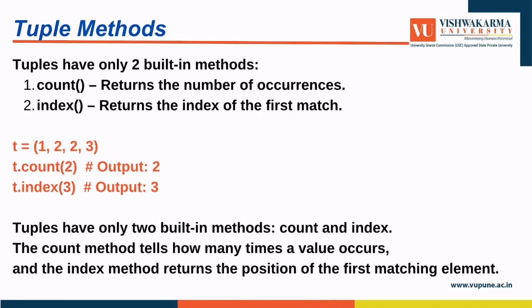Now let's see tuple methods. Tuples have only 2 built-in methods. First is count, which returns the number of occurrences. Second is index, which returns the index of the first match. Tuples only have 2 methods, that is count and index. The count method tells how many times a value occurs, and the index method returns the position of the first matching